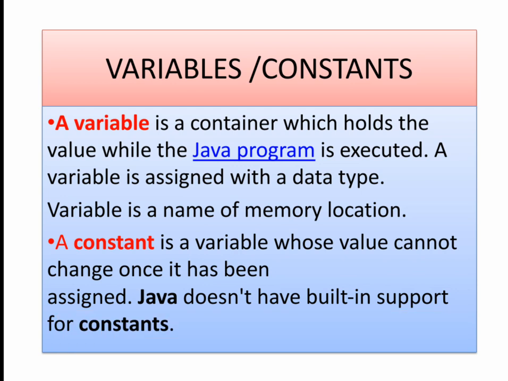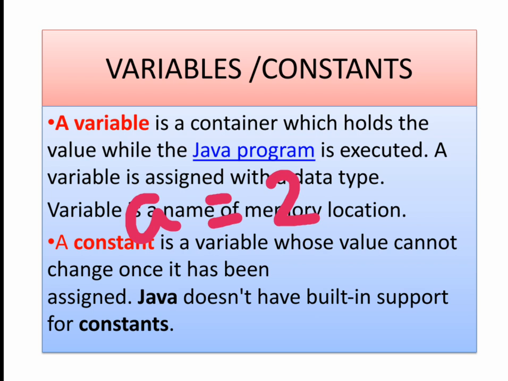Okay, so the first topic of today is variables and constants. Different programmers use different definitions for variables and constants. I am using the basic thing. Don't bother about the definition. Okay, let us take a equals 2. So the point is, what is a? A is a variable and 2 is a constant that you already know. Variables vary, and constants don't vary, they remain constant during the execution of the program.